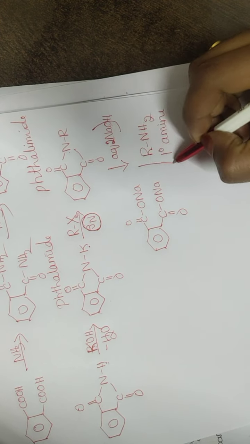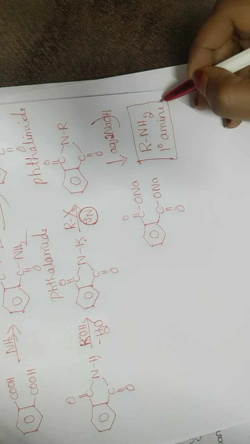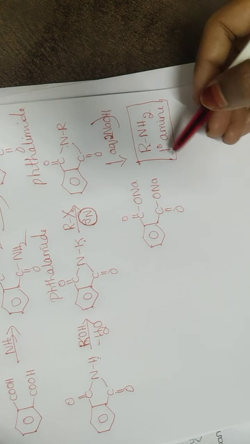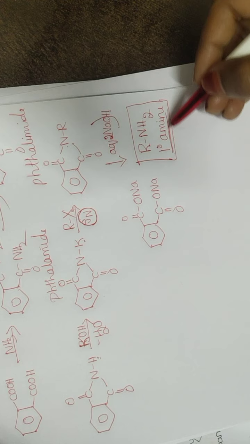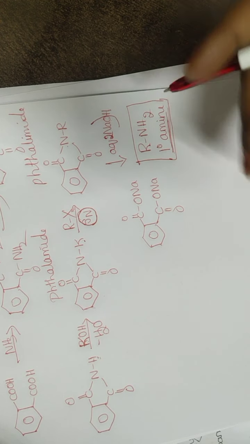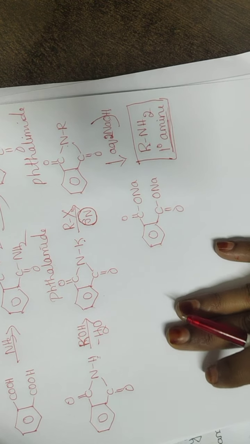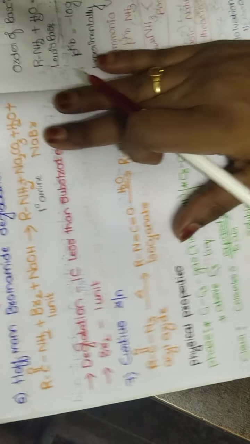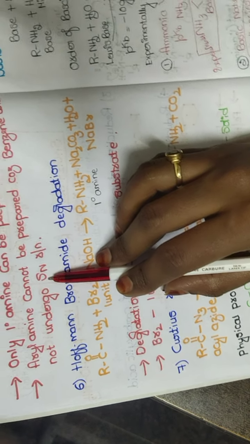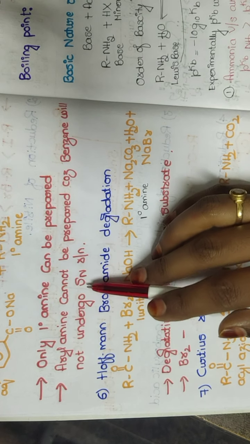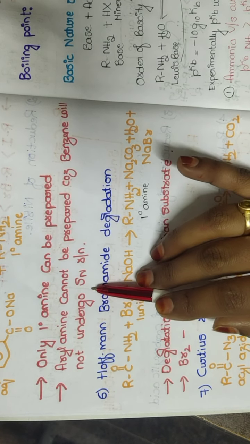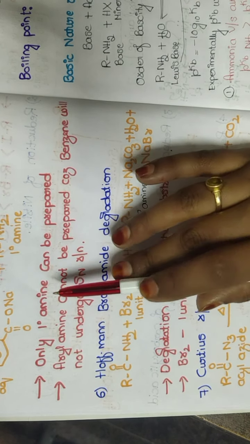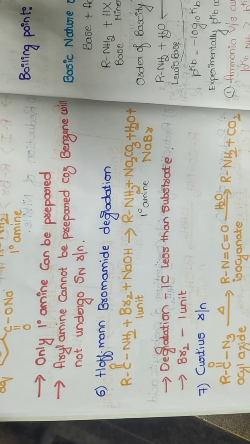So here we are ending up with a very important product, that is called a primary amine. Gabriel phthalimide synthesis is the best method to prepare only primary amines. I cannot do an aromatic primary amine preparation here, because you know that benzene will never undergo nucleophilic substitution reaction. So therefore you cannot prepare aromatic primary amines. We can prepare only primary amines, not even secondary amines and tertiary amines.